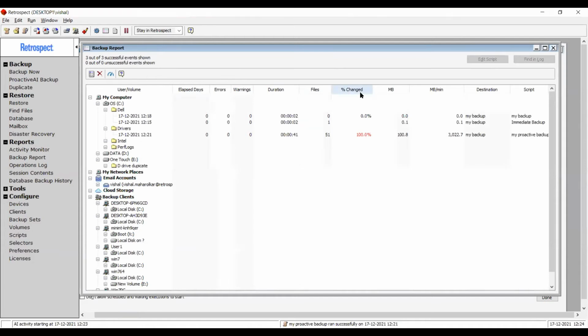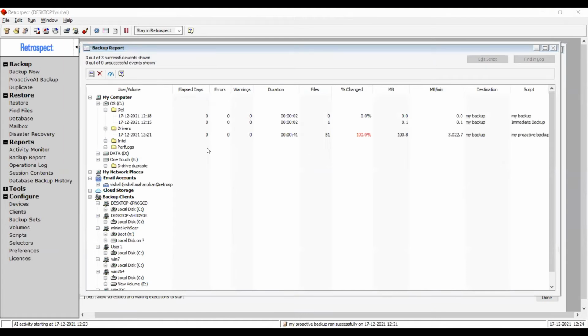Change percent is a security reporting feature. When you back up any source for the first time, it will report 100% here, because everything is just backed up. The next time the backup happens, it will be an incremental backup under normal conditions. So if I still see 100% there, it could indicate that those files are somehow changed. It could be a ransomware attack or any other malicious actor acting on the files. So all files are changed again. This can indicate that you need to be paying attention to that.